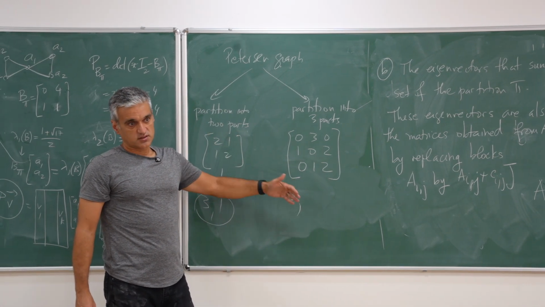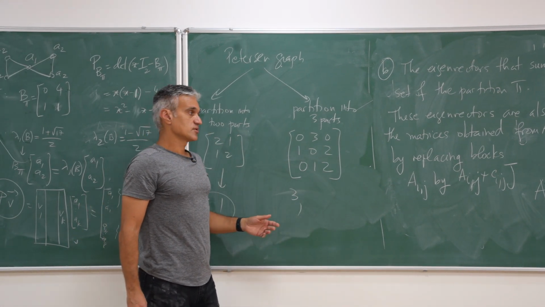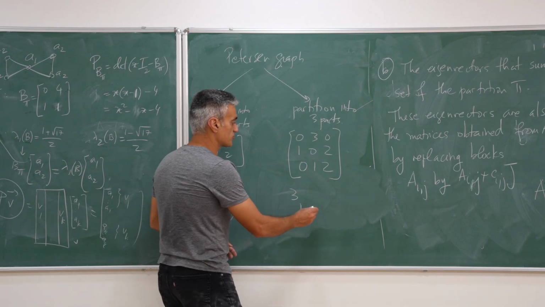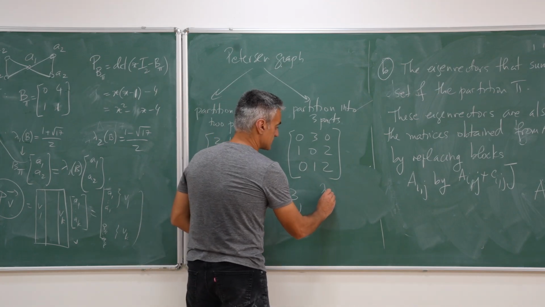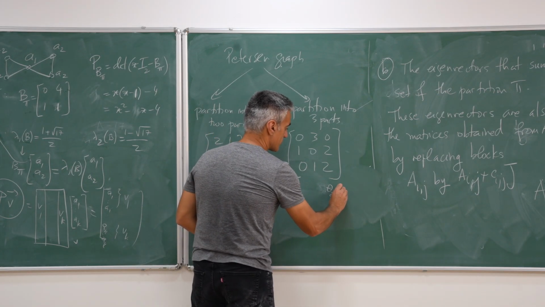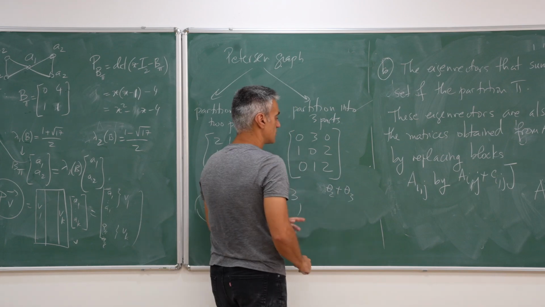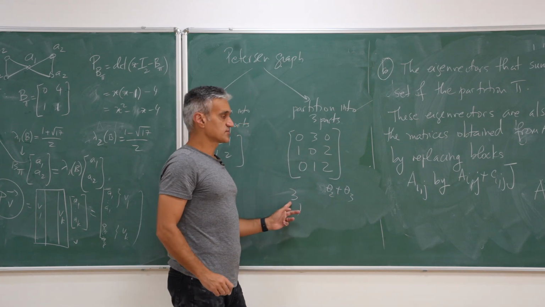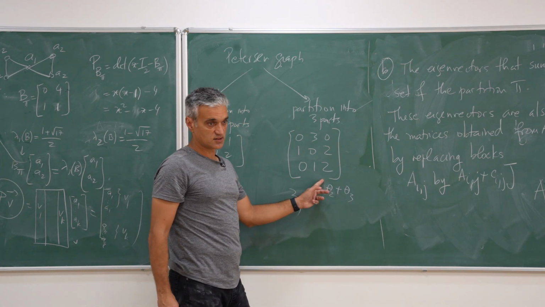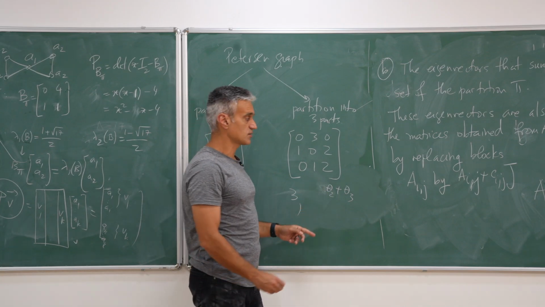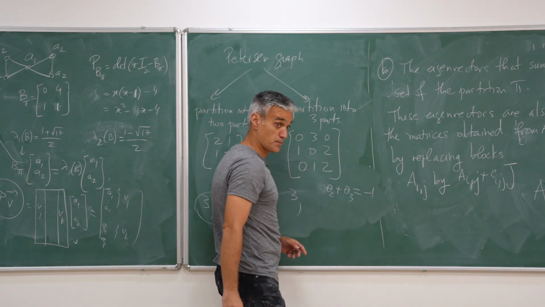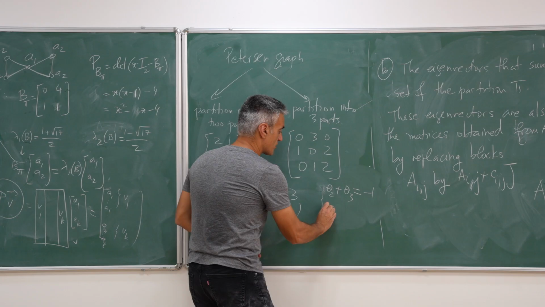If you like, you can do the characteristic polynomial, or you can look at the trace. If I have two other eigenvalues, let's call them theta 2 and theta 3, the sum of them plus the 3 will give me the trace. The trace is 2, so the sum of them is minus 1. The product of them,